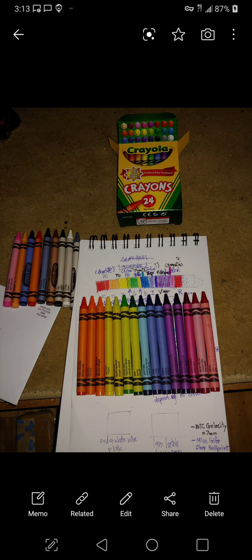Okay, this is what I want to talk about. Instead of trying to get your color pencils and mix the colors, you'll do that later. Just get you a box of crayons, a box of 24, and they have a representative of each of the kind of categories: primary colors, secondary colors, and tertiary colors. So what I think Crayola did is